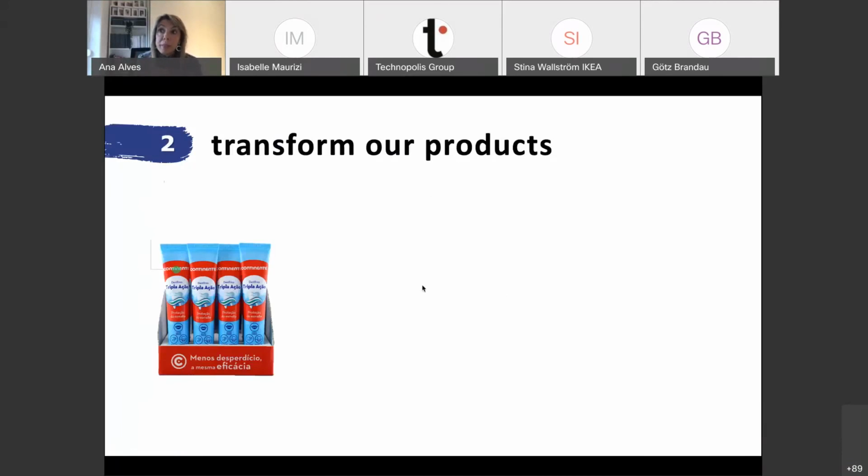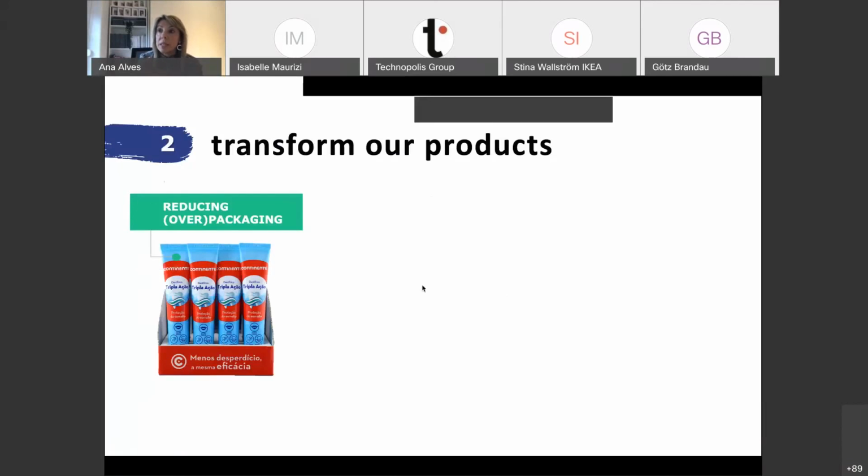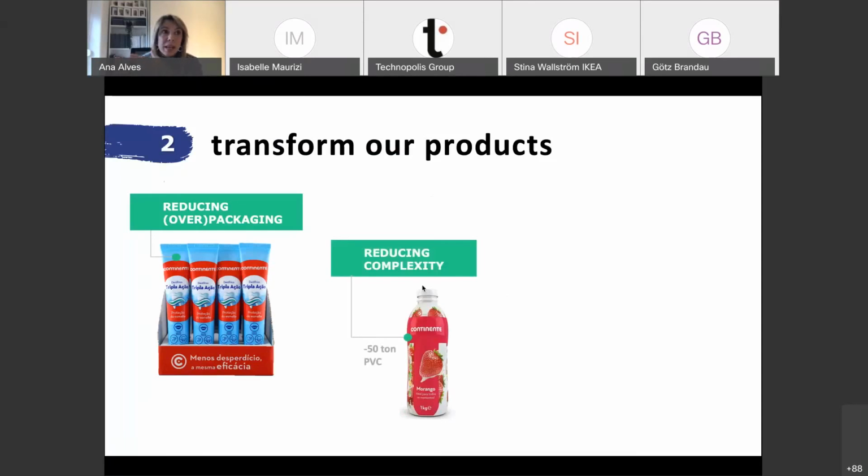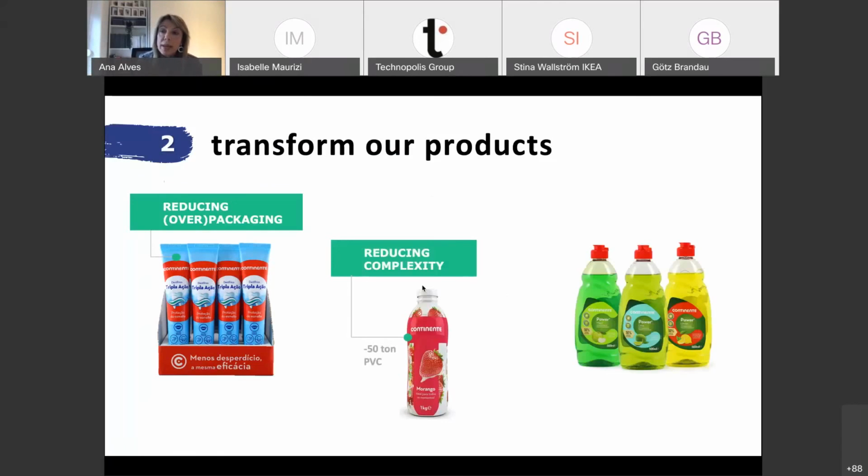So we have been eliminating and reducing the unnecessary materials. Like Valentina, I think she asked, you have to ask yourself first, do we really need this? So in toothpaste, we got rid of the boxes, because this is important not only for plastic, but for all the materials. We have been substituting the materials that are not recycled, at least not on a larger scale in our country. And of course, trying to incorporate, looking first at the security and the food safety of the products, but trying to increase the amount of recycled content that we have in our packaging.